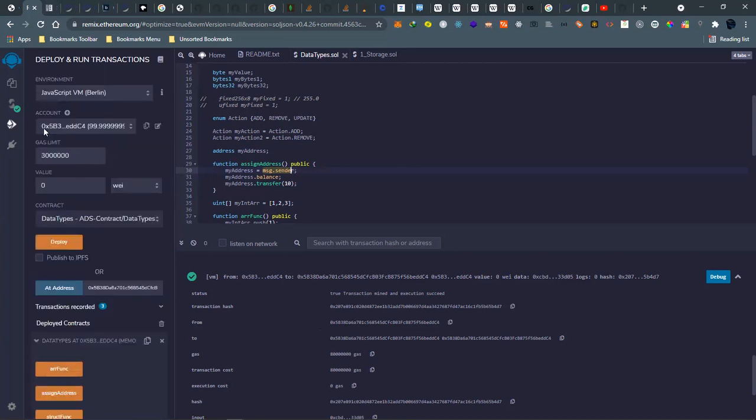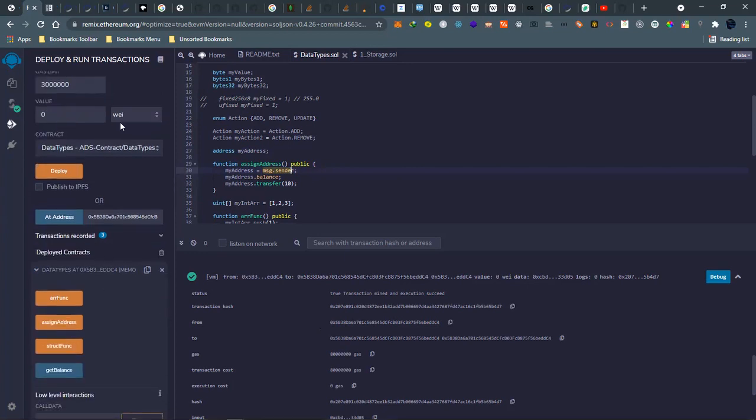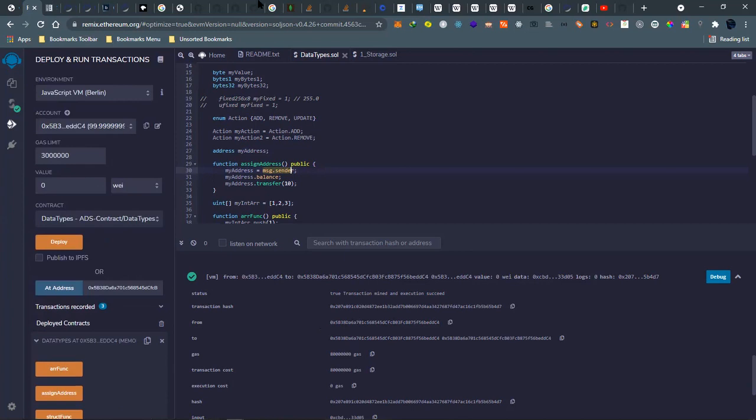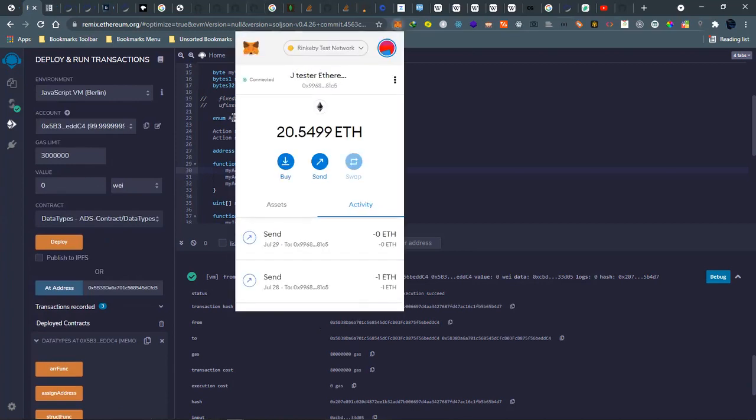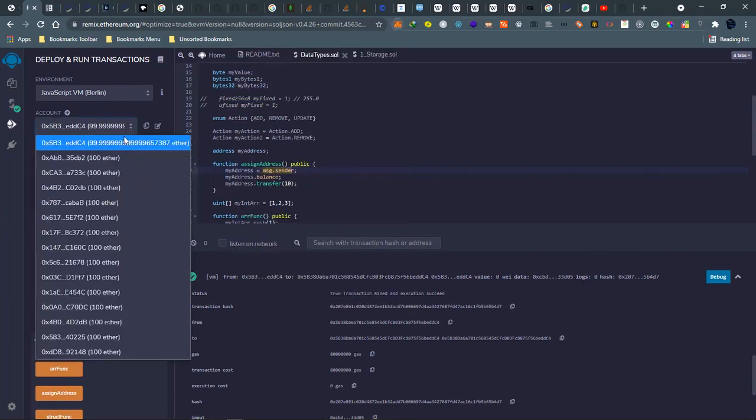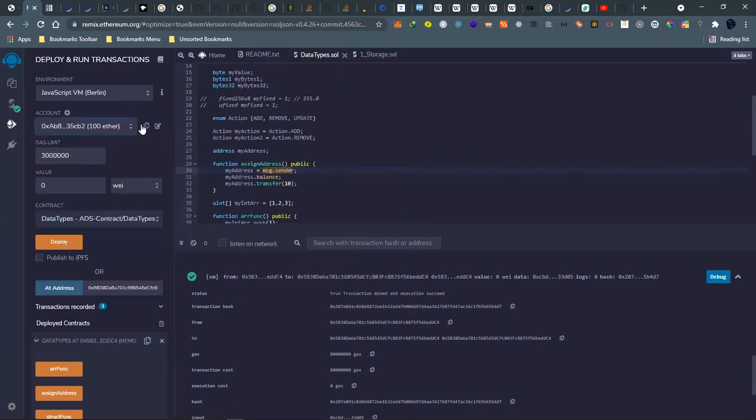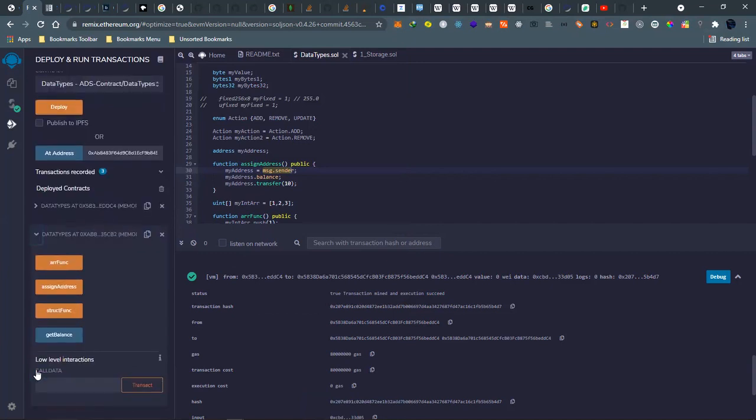So if we try and change and use this other one, the one below, and then we do the deployment again, and then we view our address,